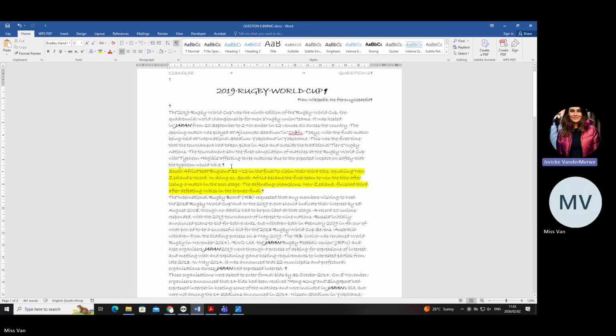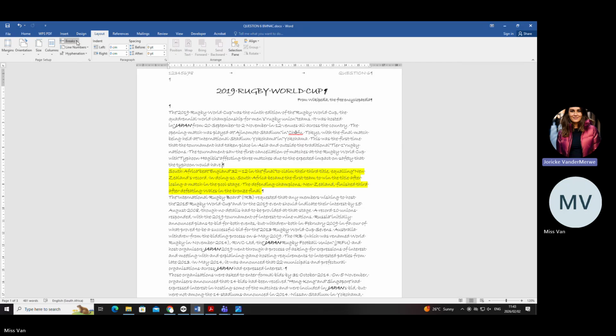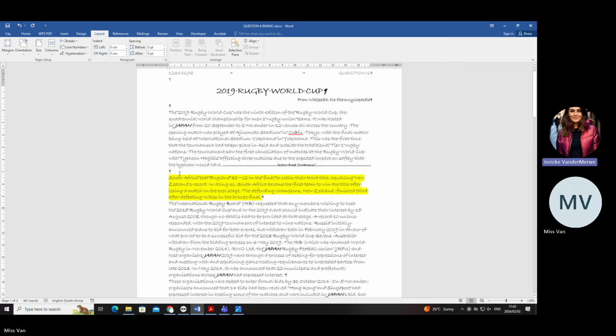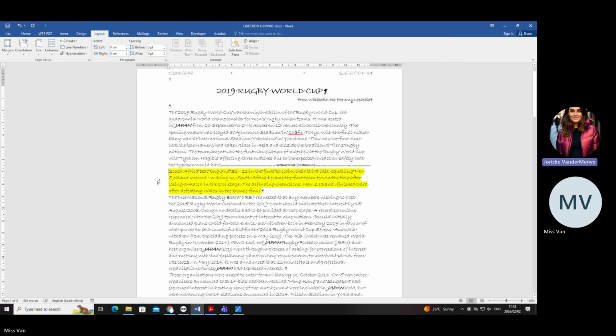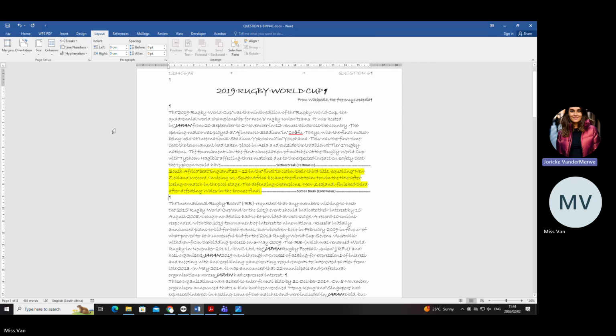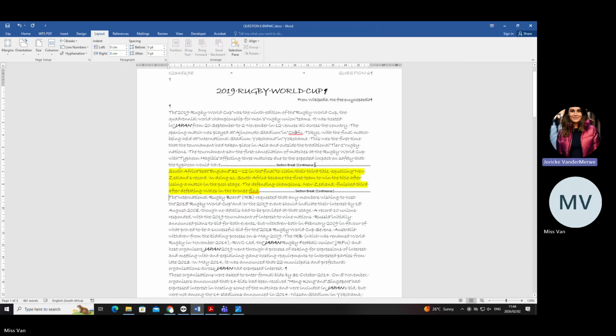If you're sleepy, wakey, wakey, where do we find the breaks? Layout, breaks. We're not doing a page break. We're not doing a column break, okay? We're doing a section break because we want it to stay at the same place. It shouldn't go anywhere else. It should stay there, okay? And then at the end, it must also have a break. Otherwise, it's going to continue with the numbering. Okay? Just take out those spaces if they put it in because you're going to lose marks if that's in. Can you see there's 2 digital lines above and below?